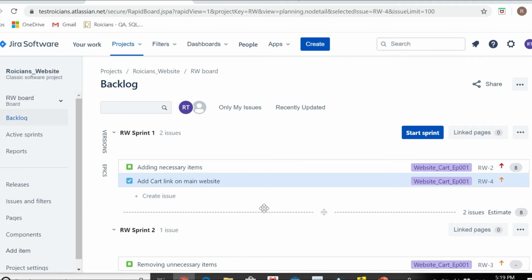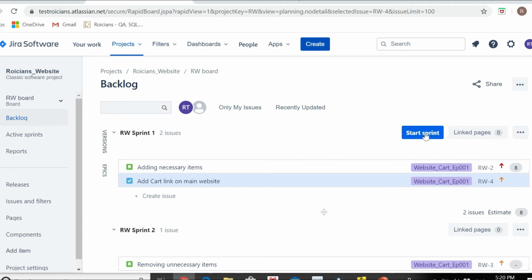After this complete analysis, the sprint will be started. So sprint number 1 will start. Mostly, guys, a sprint will be of 2 weeks. At the max it can go for 3 weeks. Hardly any company goes for a 30-day or 4-week sprint. So mostly we'll keep it at 2 to 3 weeks.